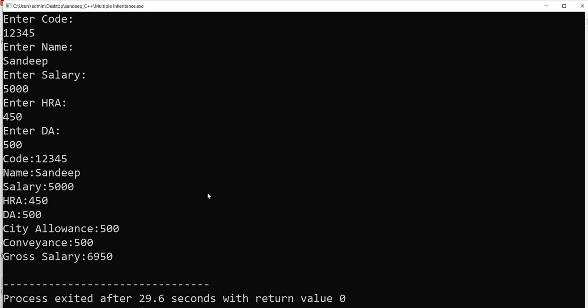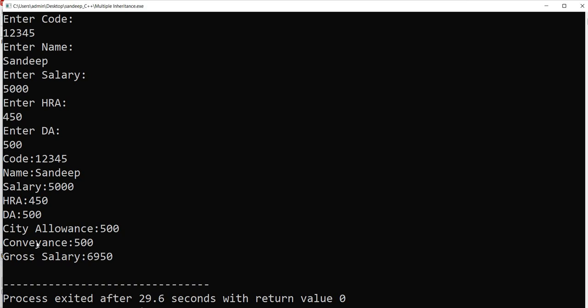Now you can see the output here. I have taken the input as code, name, salary, HRA, and DA, and you can see the displayed values here: code, name, salary, HRA, DA, and it also gave the city allowances. The conveyance is there, which was fixed, and the gross salary is 6950.